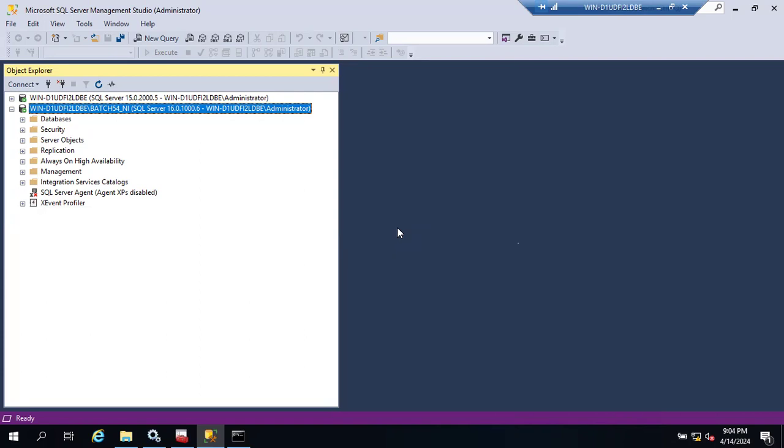Actually, I will ask the question in a different way. Can we connect to the default instance multiple times and can we work